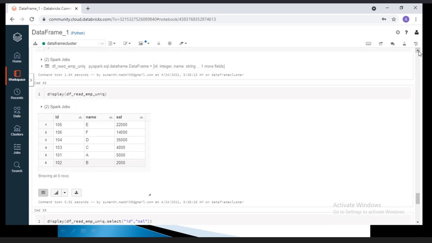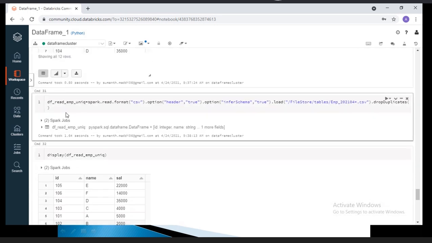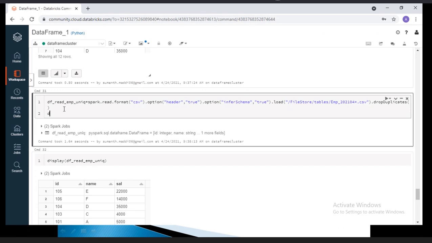For example, this data frame has been created. I want to create a DF select columns. Now I'm using df underscore read emp dot select, and I want to create only id name. Why should I restrict the first data frame?